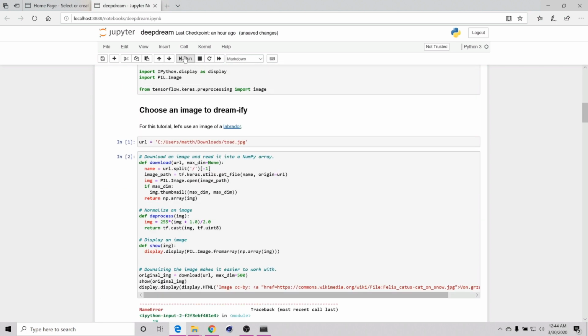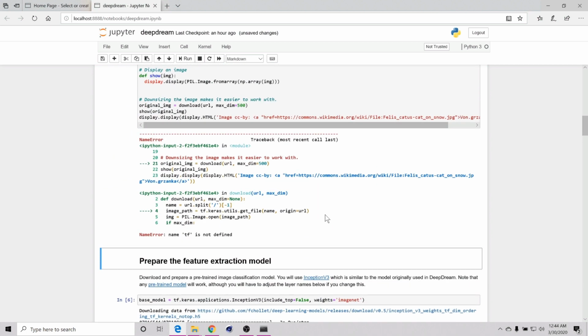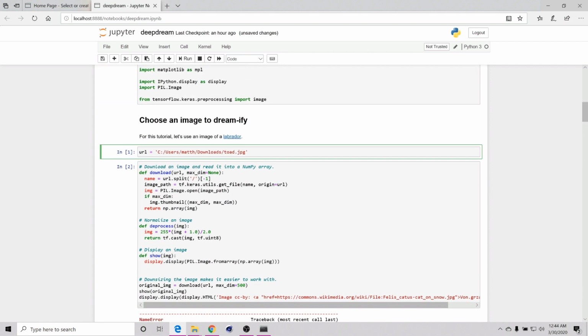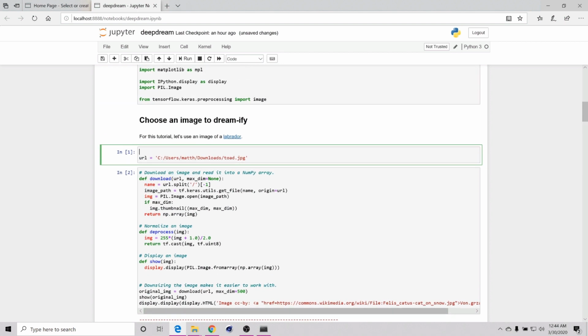Let's see what happens right now if we just run this. Name TF is not defined. We're getting an error, so we need to define it, is my guess. So let's start off with from IPython. Then we need a capital P, don't we? We do. From IPython